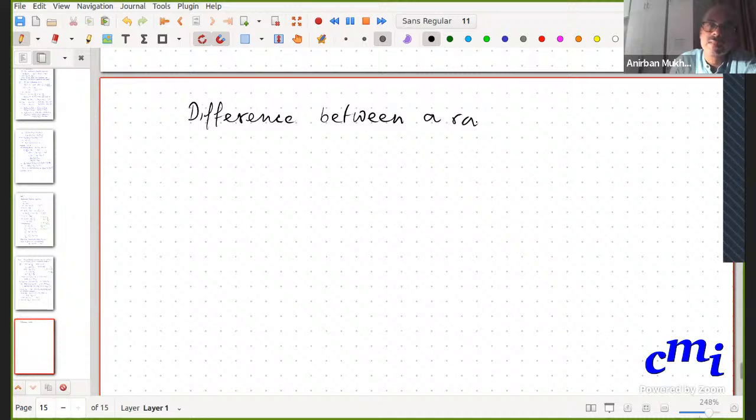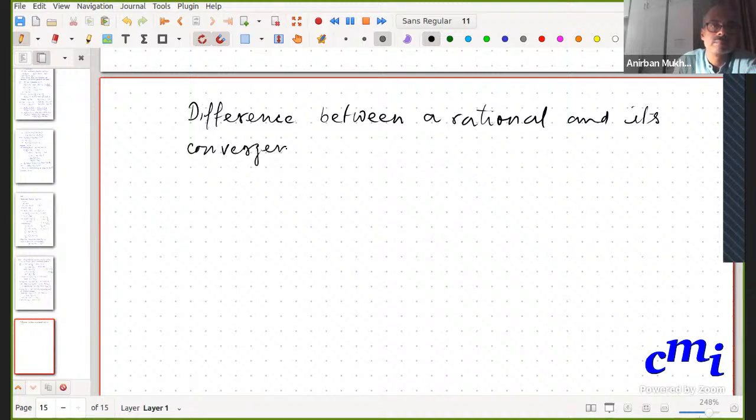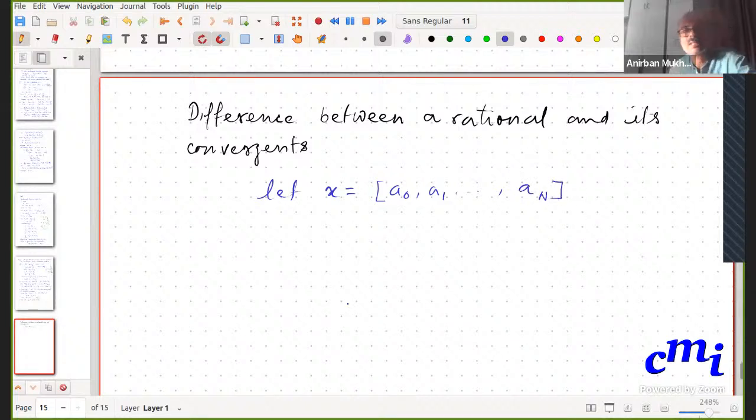Between a rational, just start with a rational, and its convergence. So we start with a finite continued fraction. Now we know that every rational can be written as a finite continued fraction. Let it be this. And what we want to write is, so just recall that this